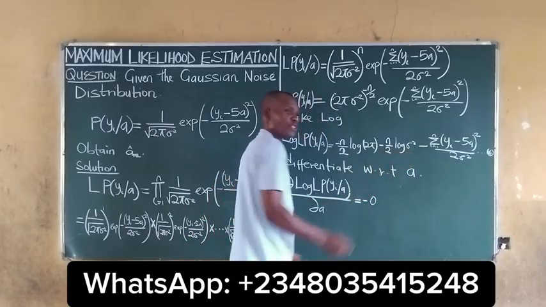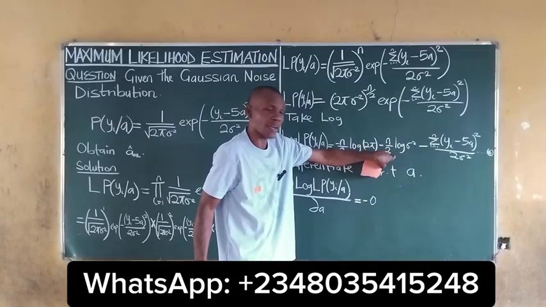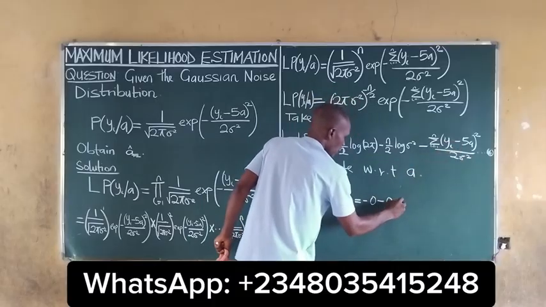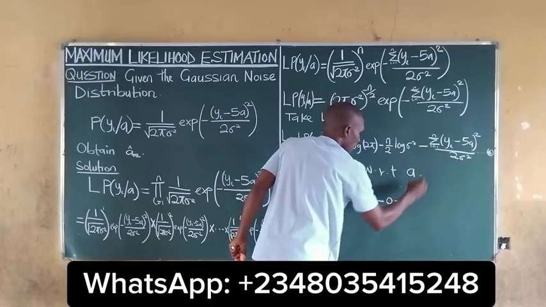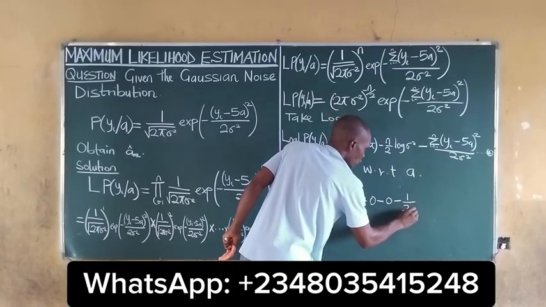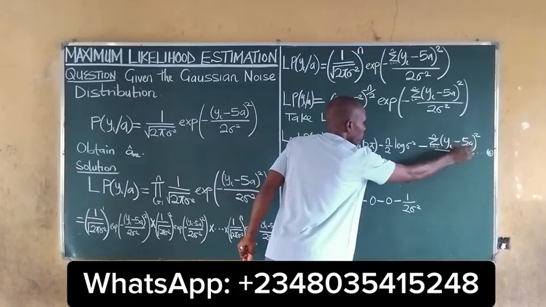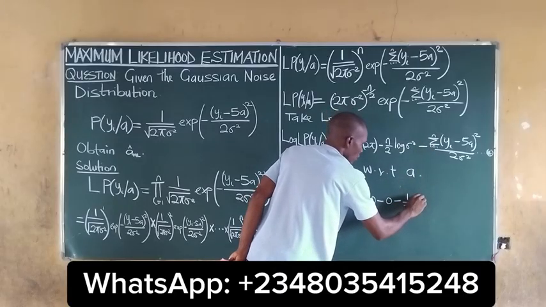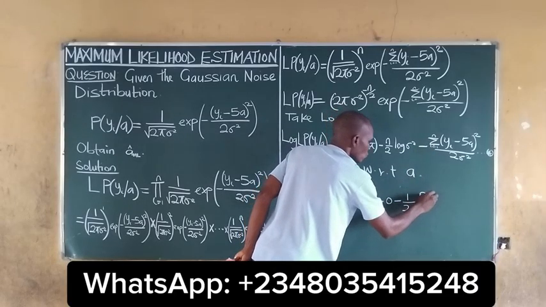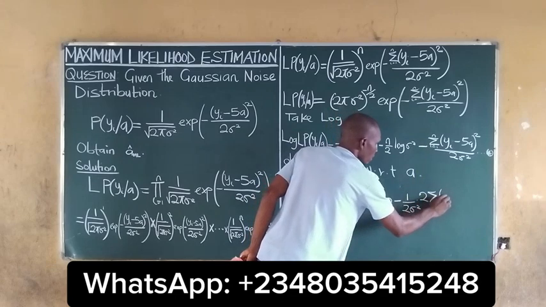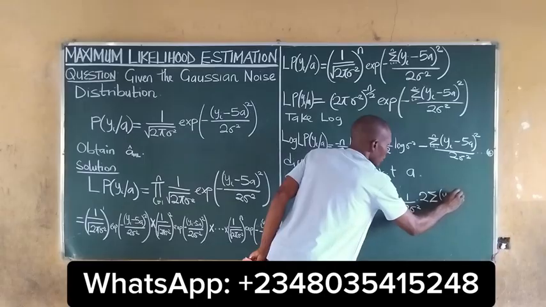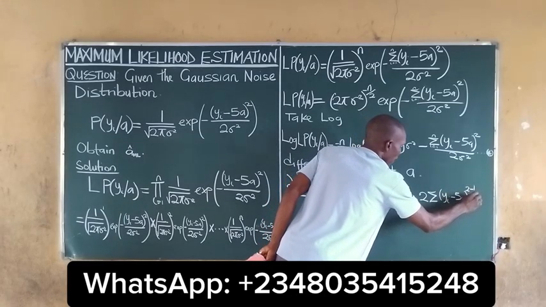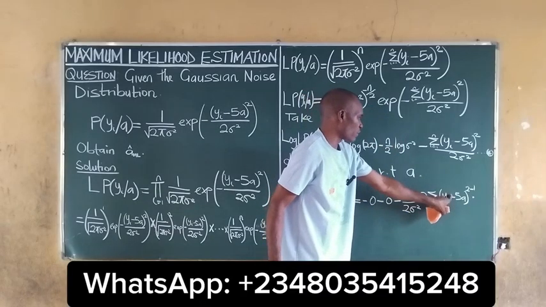If we differentiate the whole of this, because there is no function of a here, we get 0 as well. If we differentiate this, we bring out this 1 all over 2 sigma squared. We are differentiating this, so these two will come over here to give us multiplied by 2 summation yi minus 5a, 2 minus 1, multiplied by, from composite function,